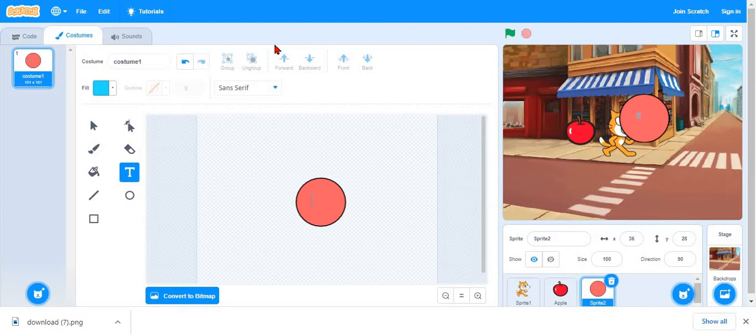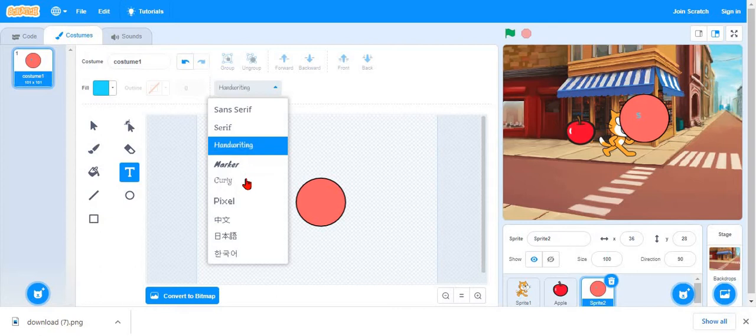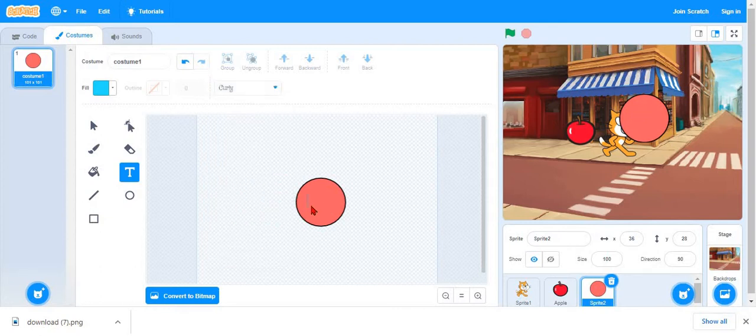This is the normal way, it will show like this. If you want, you can make it handwriting, curly or pixel. I will make it curly. Like this, I have created a character. I want it to be small, so I'll make it 45. Over here I'll keep it.